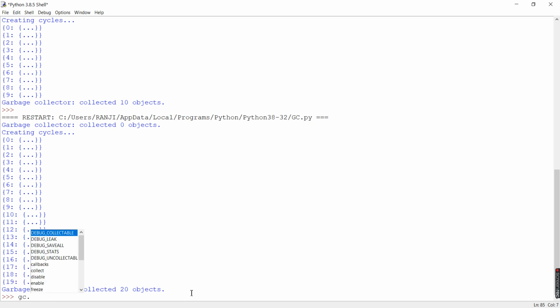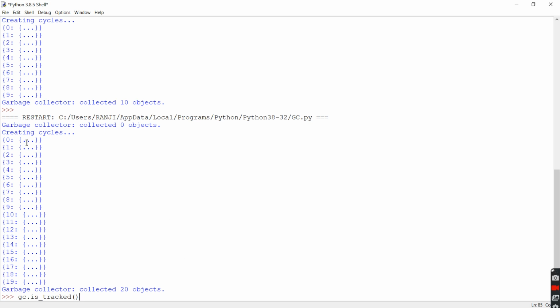If you just type this, it will list out all the available methods. I want to show is_tracked, which returns true if it tracks that particular object. If an object is under the observation of the garbage collector, it will return true, else false.